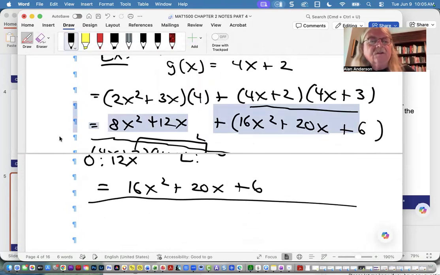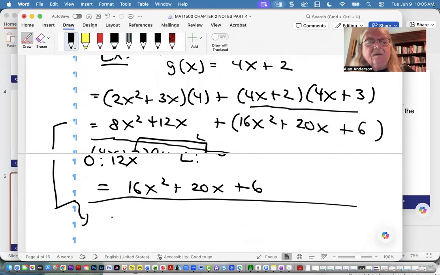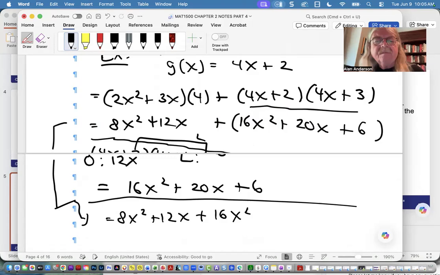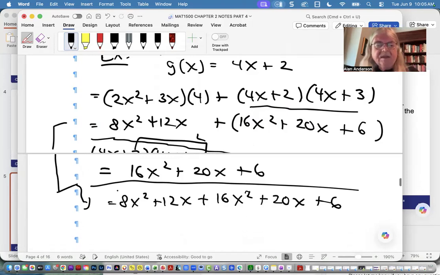So what I'm trying to show is all of those terms. Let's copy them one more time. 8x squared plus 12x plus 16x squared plus 20x plus 6. Now I combine the like terms, meaning all the ones with the same exponents, and the